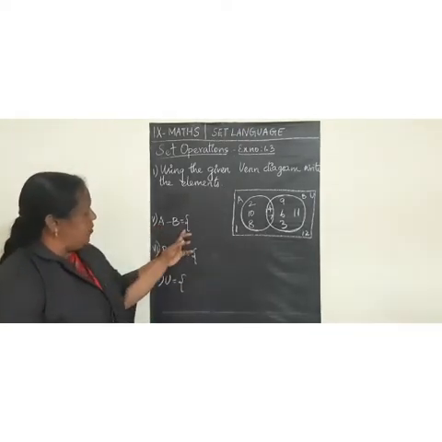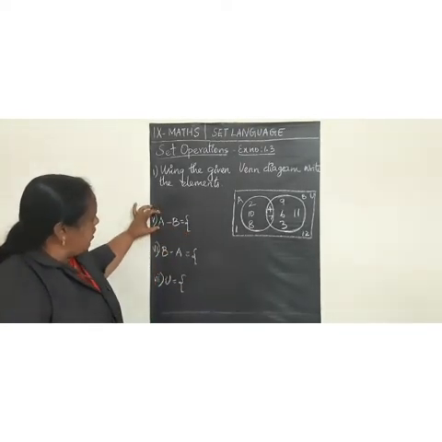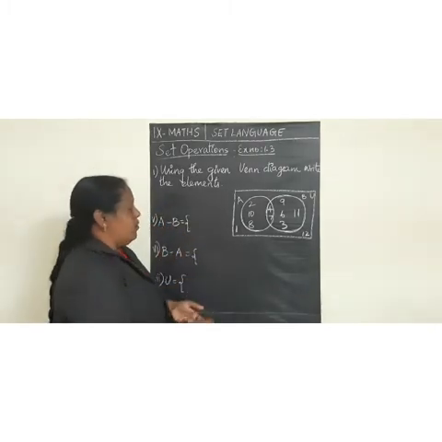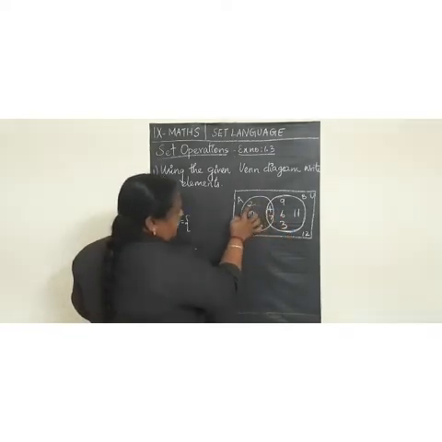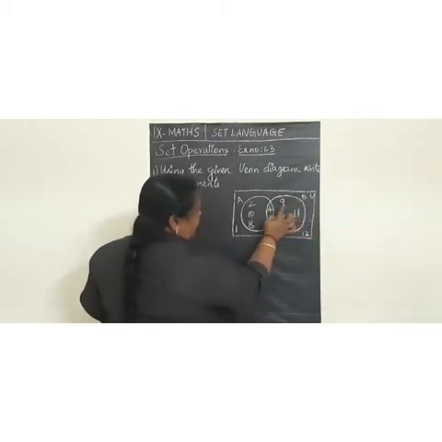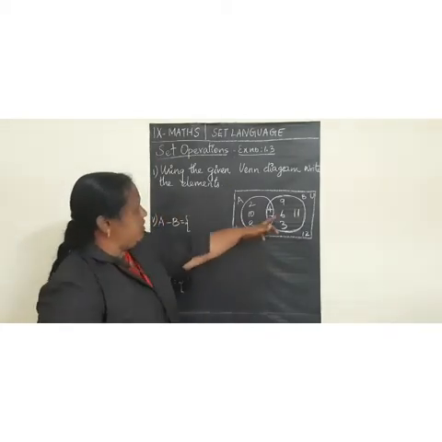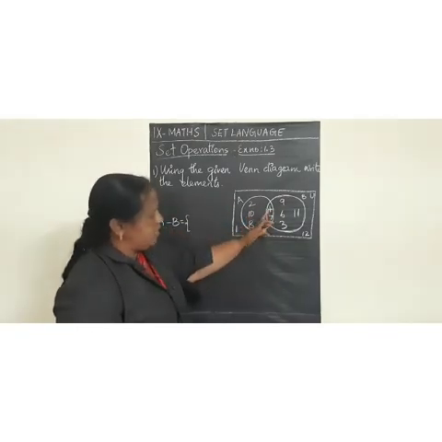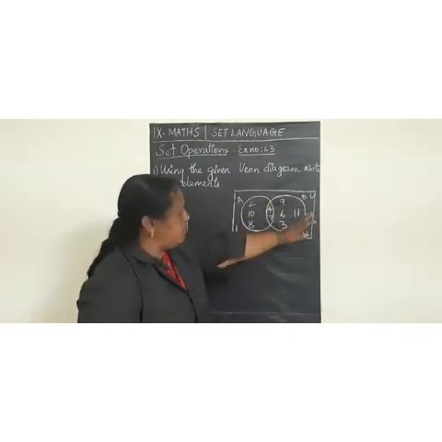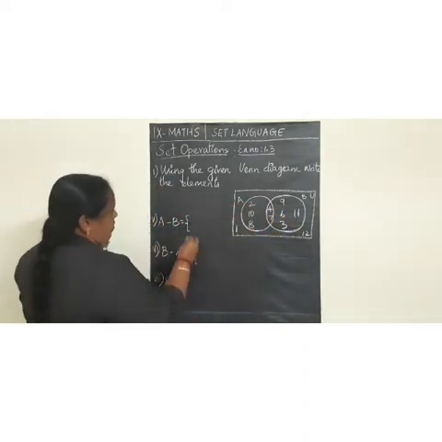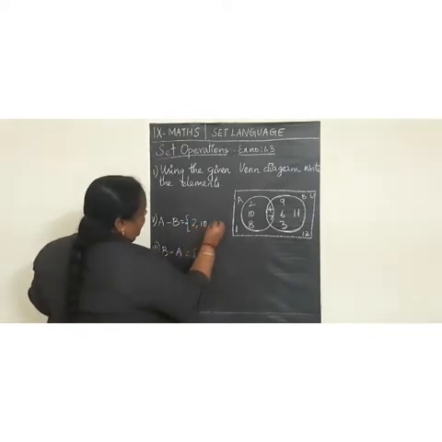Next we have to find A minus B. A minus B means what are all the elements in A which are not in B. So we have to take the set A: we have 2, 10, 8, 4, 7. B has the elements 9, 6, 3, 4, 7, 11. So 4, 7 is common; 4, 7 is also in the set B. The remaining elements 2, 10, 8 are not in B. So A minus B is equal to 2, 10, 8.